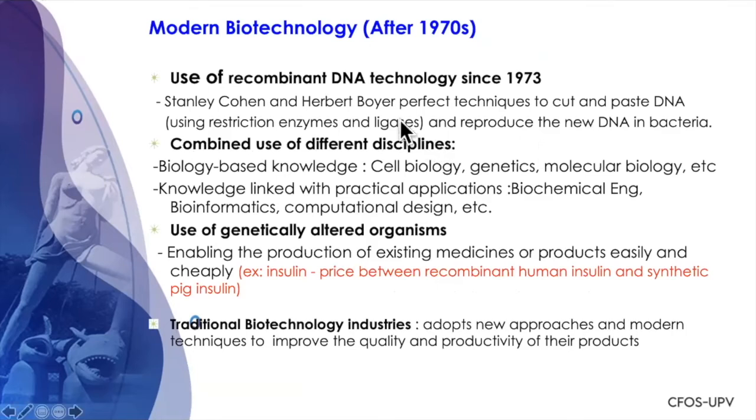So with the use of recombinant DNA technology, what do you know about recombinant DNA technology? Sabi dito, Mr. Stanley Cohen and Mr. Boyer perfected the techniques to cut and paste DNA. Can you imagine? They studied DNA and they learned that we can actually cut and paste DNA. Anong ibig sabihin doon? If you have a certain organism that has a dominant trait, for example,